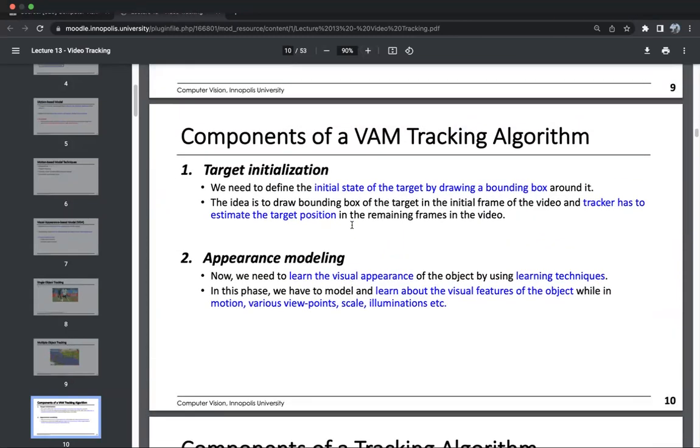For the components of a visual-based object tracking method, the algorithm really takes four main components. The first one is target initialization. The first step is this one, target initialization, where we need to define the initial state of the target by drawing a bounding box around it. As we said, for the first frame, you will do your object detection on that first frame. Once that is done,